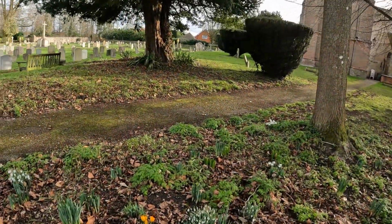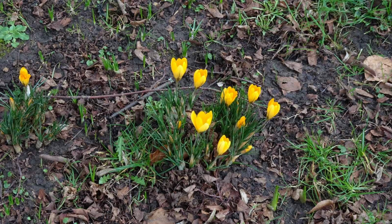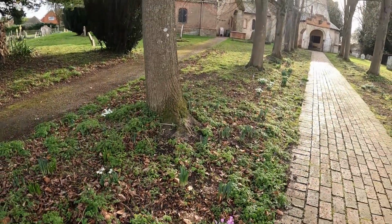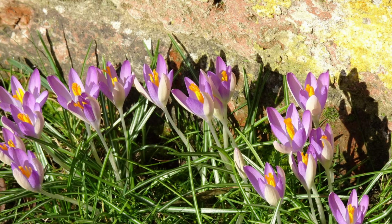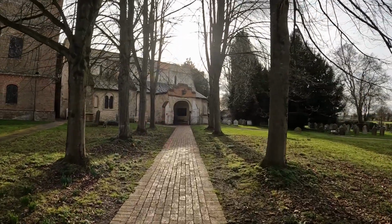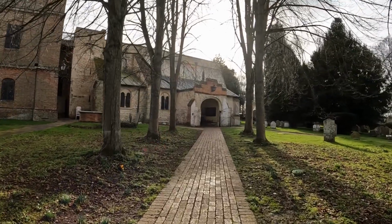Let me show you these first. Some lovely crocuses, more snowdrops, more crocuses. And again, more crocuses this side, as we walk up towards the church. And as we approach the church,